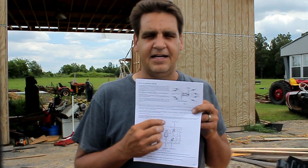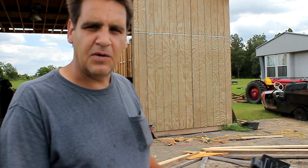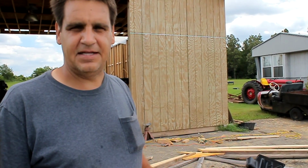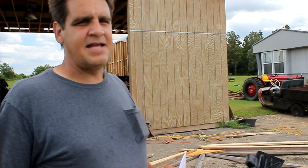Instructions. Okay, this is like Mr. Rogers. Can you say instructions? Sure you can. Now, of course I've been through this a half dozen times, but you still always want to read this because you never know, they might have slipped something in there like a design change or something like that. Case in point, I'm telling my friend here, when you go to find that kit,